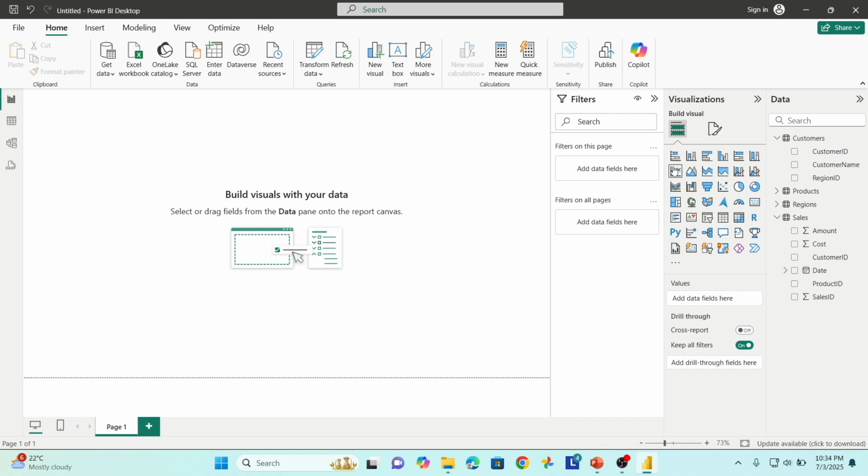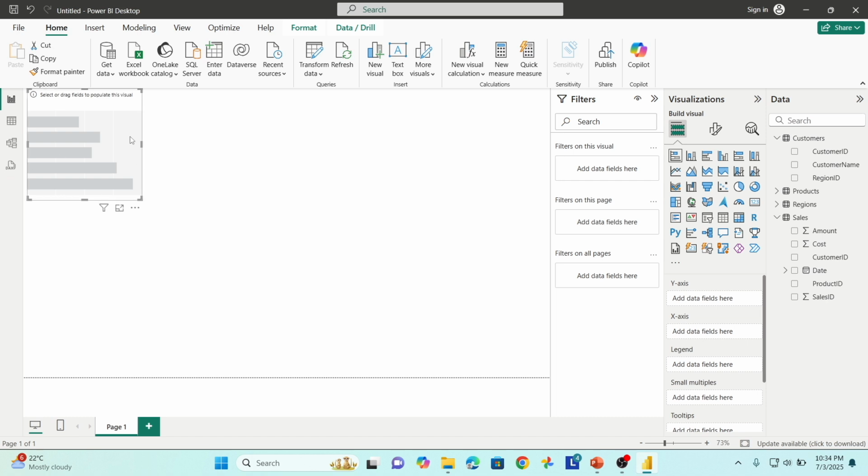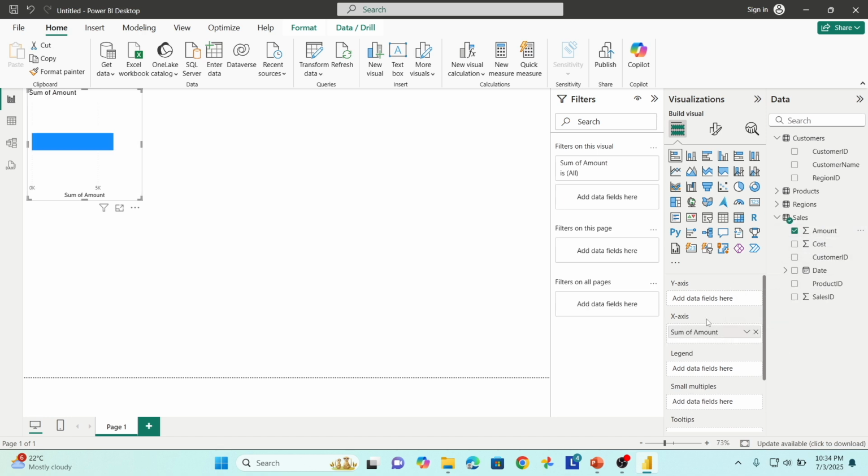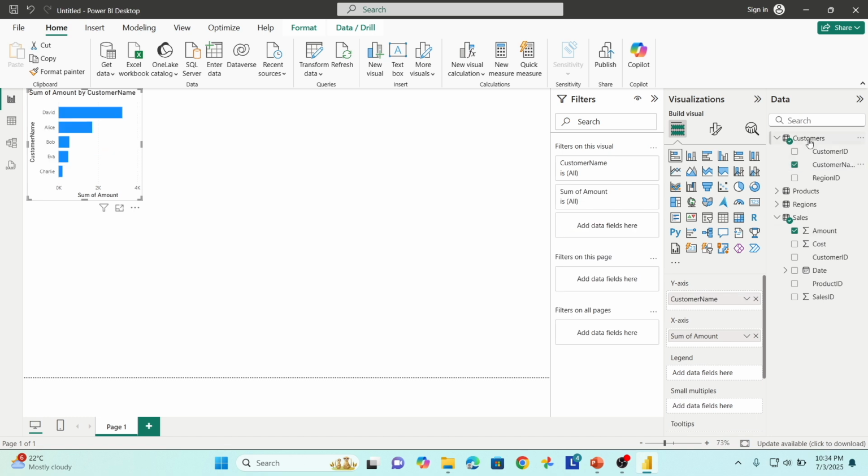So I'm going to click on the first report, which is stacked bar chart. The empty stacked bar chart came here. So we have to add data fields. So amount is the data field and customer name. Customer name is coming from a different table, which is customers, and amount is coming from another table, which is sales. And you see here